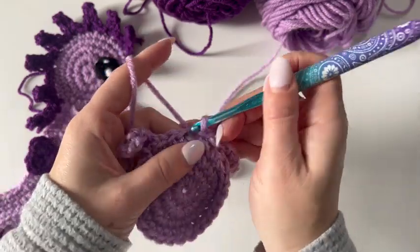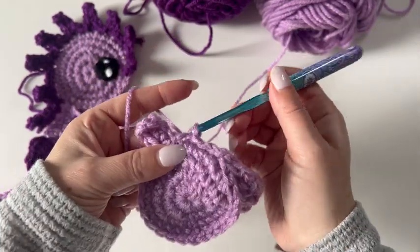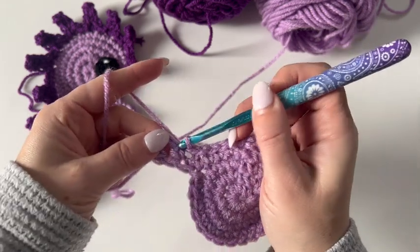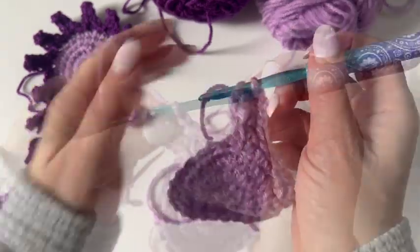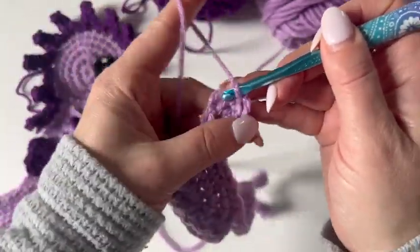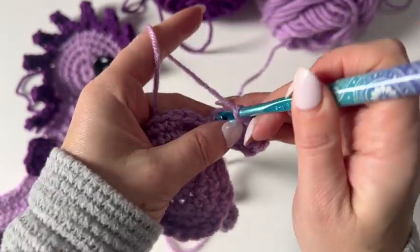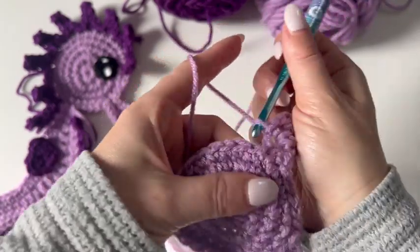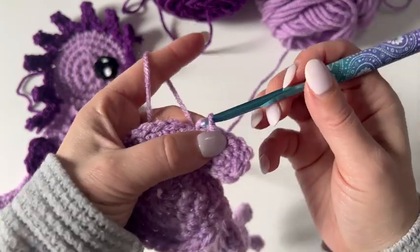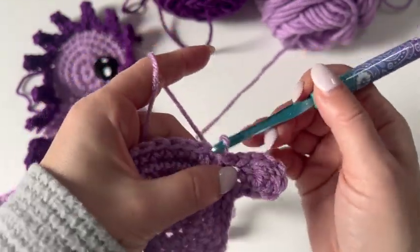slip stitching. 3, 4. Now let's just go ahead and make those slip stitches right around the nose, working kind of on the edge there. Okay, so I'm just slip stitching around the other side of the nose and then back down. And then slip stitch about 4 stitches. 1, 2,